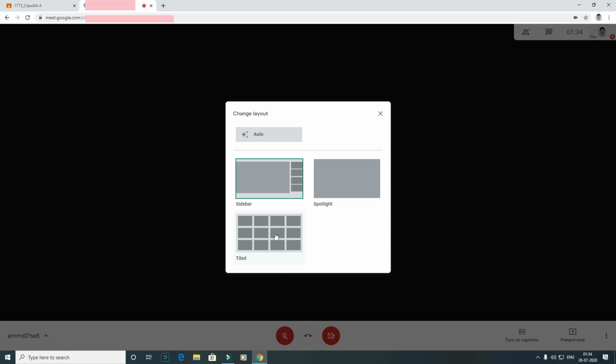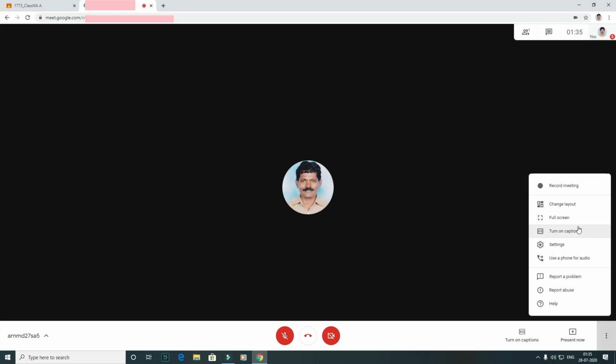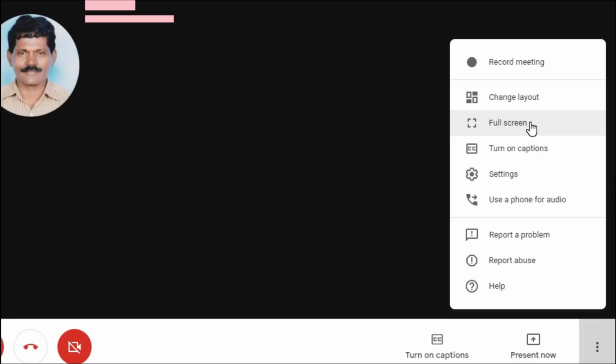Tiled is better, you can select it. Here you can see more children on the screen, a minimum of 20 to 21 children at a time. This is the best, you can select the tiled option. Then another menu in this, if you want, you can use full screen also. Then in full screen you can view the whole class.